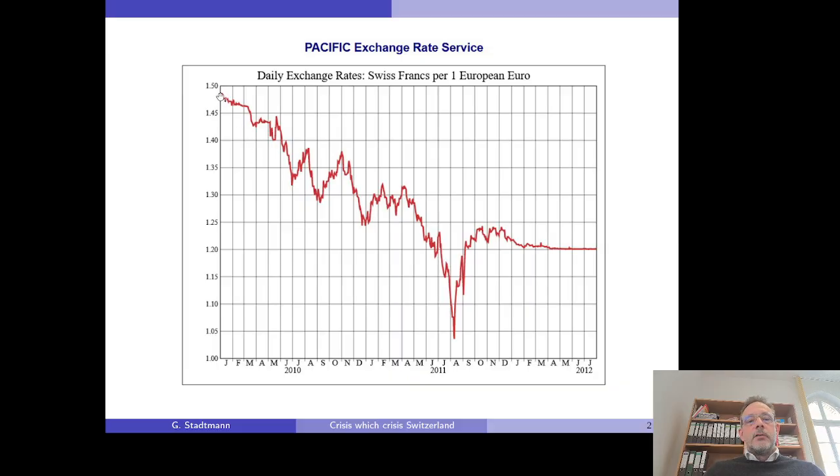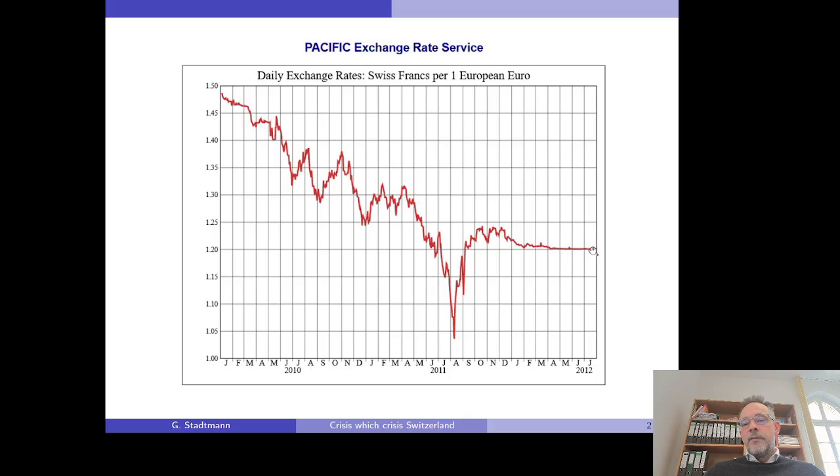You can see here the exchange rate development, Swiss franc for €1, so the price of €1 measured in Swiss franc. The exchange rate decreased tremendously over a 1.5 year time period from the level of 1.5 to the level of 1. Then we can see a very strong increase to a level of above 1.20, and then the